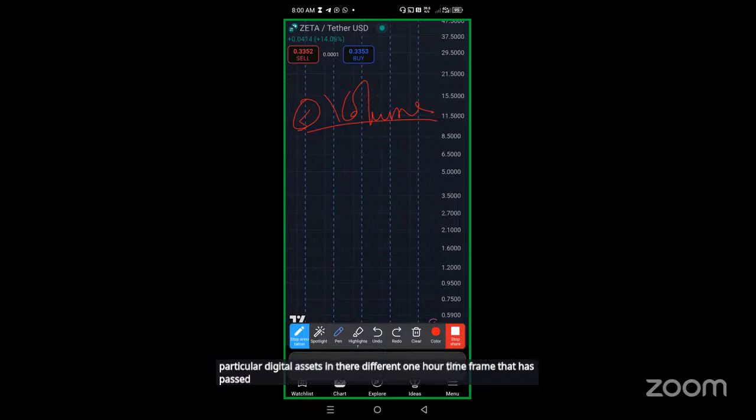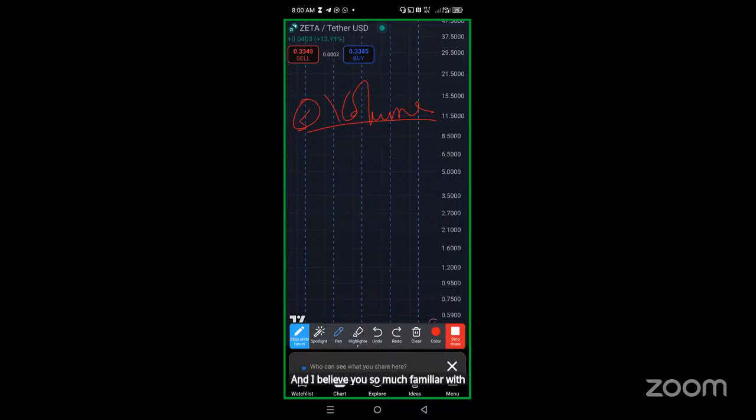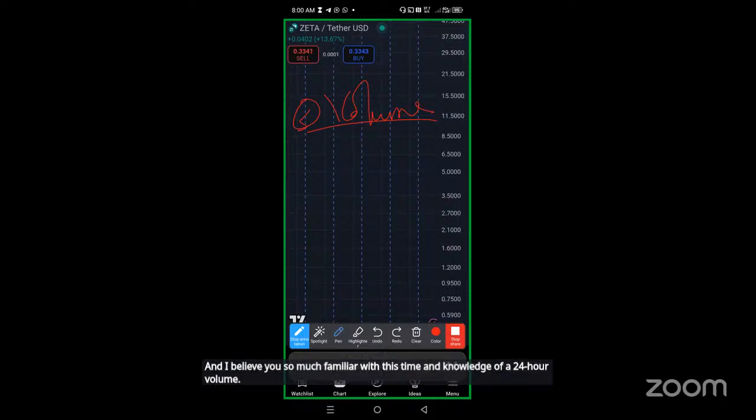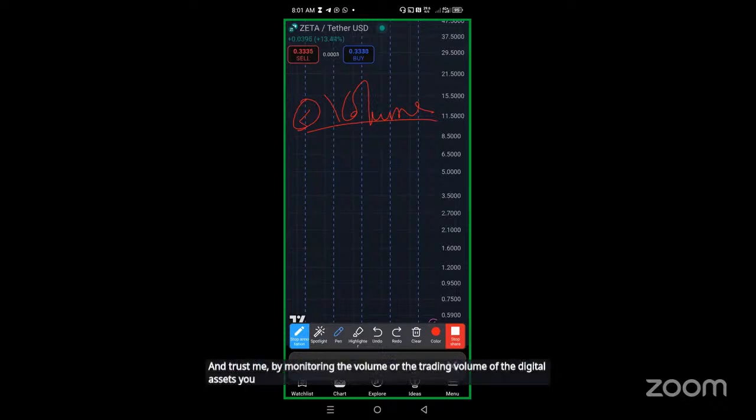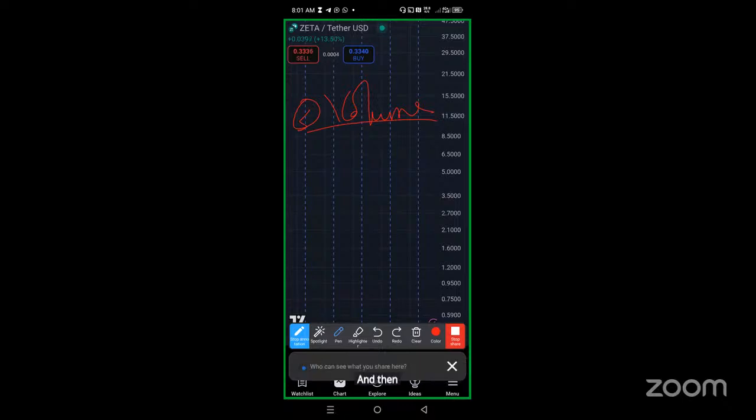Okay, so if you choose 21 day, then it will give you in terms of 24 hours. And I believe you're so much familiar with this terminology of a 24-hour volume. So it will help you see how the volume has been fluctuating. And trust me, by monitoring the volume or the trading volume of the digital assets you intend to invest in or trade, it will in one way or another help you make decisions, because most of the times when the volume is low and then you see a progressive increase in the volume of that particular